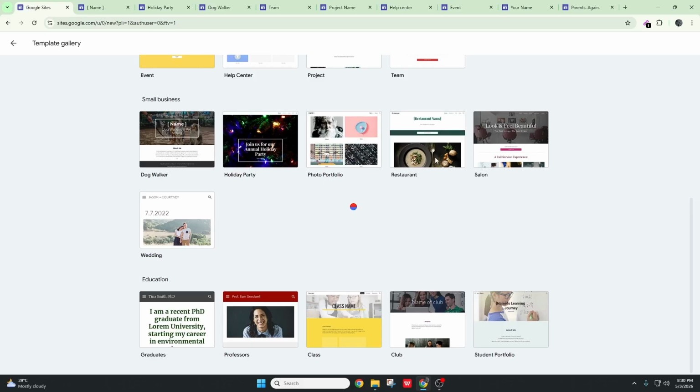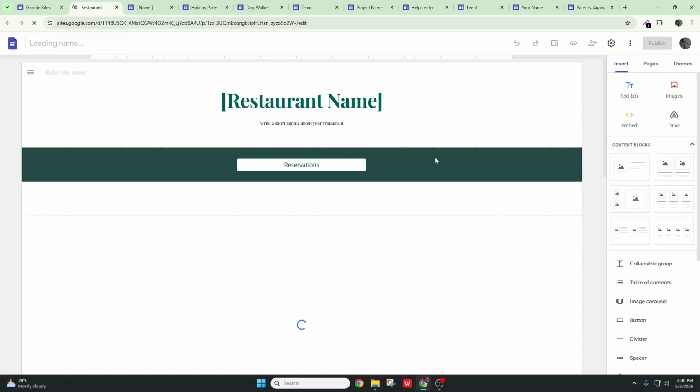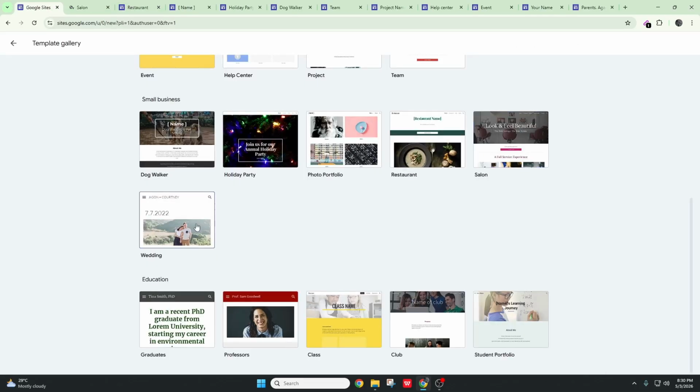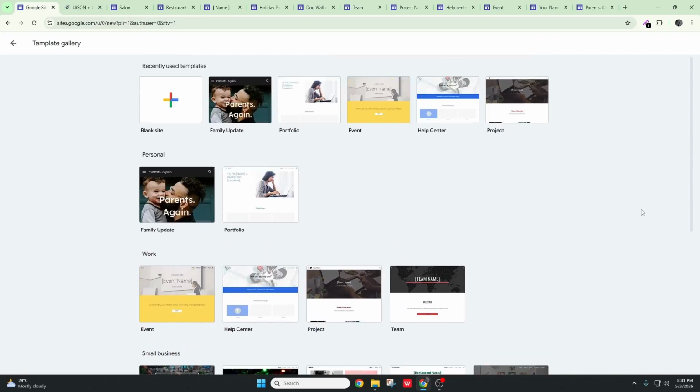The reason I'm doing this is because you see each of these templates has something new in it. Maybe a button, or maybe a gallery section, maybe an about section. Something is different about each template. So what you can do is collect all these different things that you like and put them in a blank site, and you get your own personalized site. And then all you need to do is add your own images, right? So we're gonna create a blank site now,